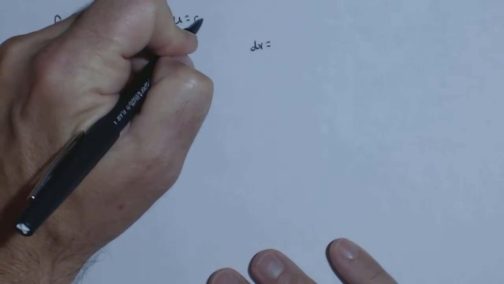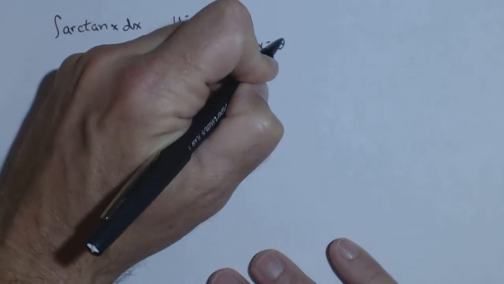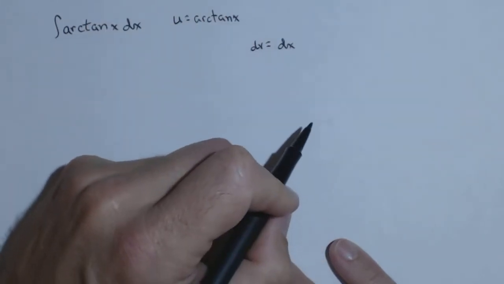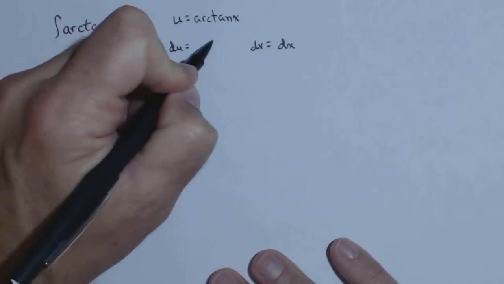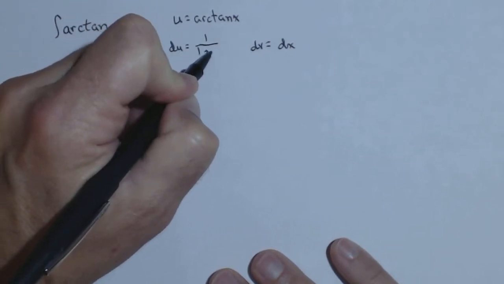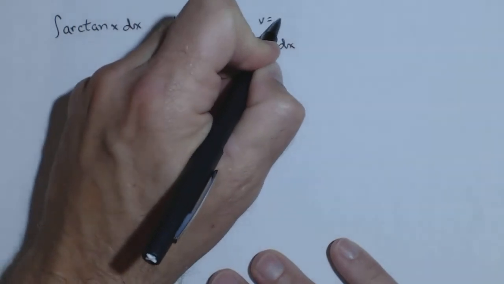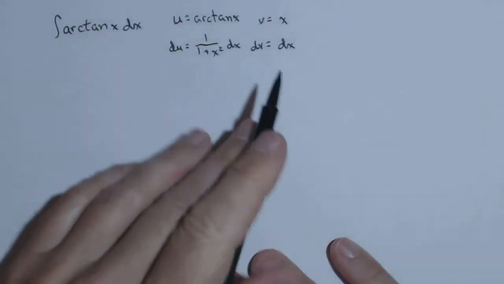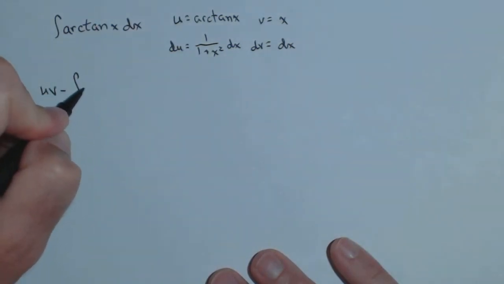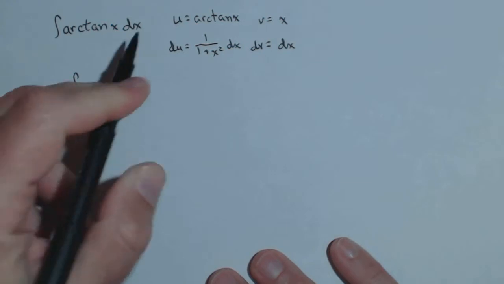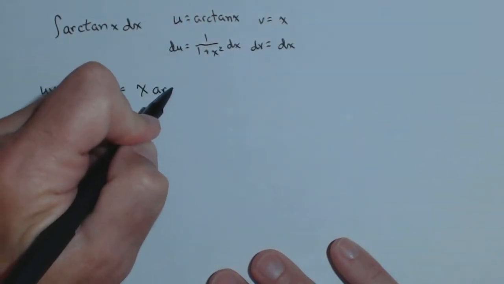So, we're going to let that be our u, and that just leaves dx for dv. So not a typical choice, but really our only choice. Now du is 1 over 1 plus x squared dx, and v is left to be just x, the antiderivative of dx. So when we put this back together in our integration by parts, we have uv, so x arctan